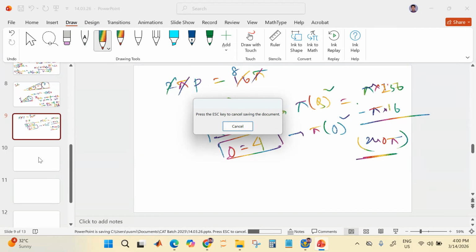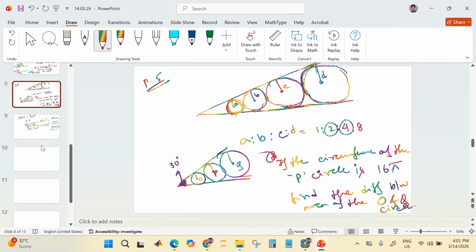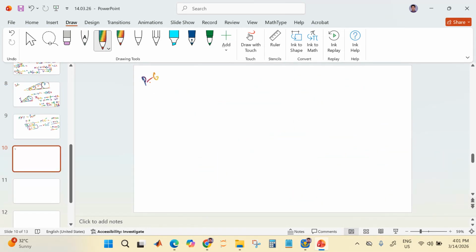ওকে, নেক্সট আরেকটা কনসেপ্ট, এটাই লাস্ট কনসেপ্ট আজকে। প্রবলেম নাম্বার 6 হবে। ভেরি ভেরি ইন্টারেস্টিং অ্যান্ড ভেরি কমন প্রবলেম।